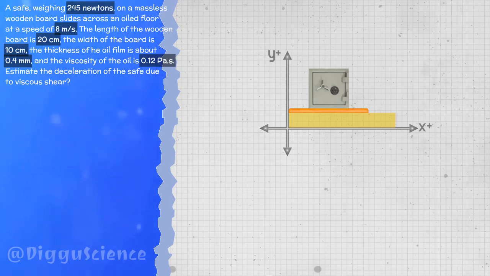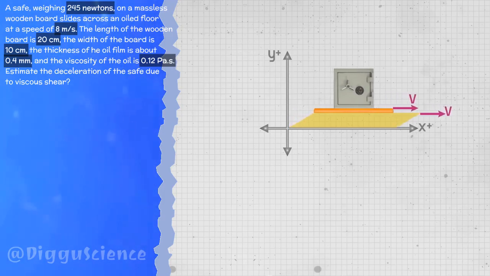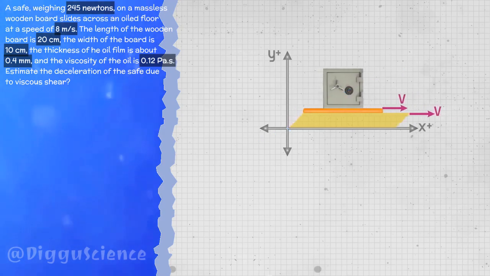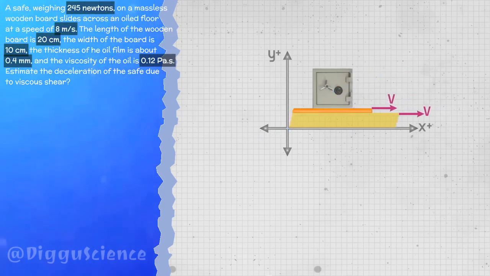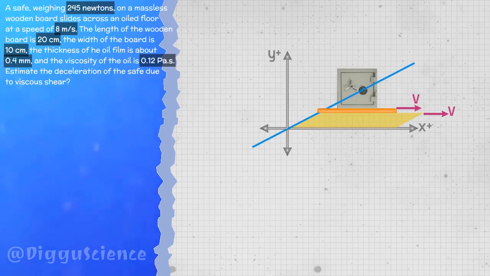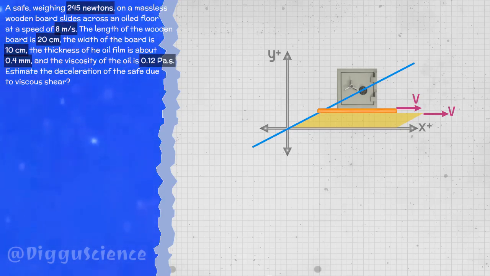What does that mean? The displacement of the fluid layer will form a curve like a straight line. The bottom layer of fluid is not moving, and the top layer of fluid moves at a speed of v. This v is the speed written on the question sheet. Maybe you don't know. To get the equation of a straight line, we need two different points. Just choose two endpoints. Point 1 is at coordinates 0, 0. Point 2 is at coordinates h, v.